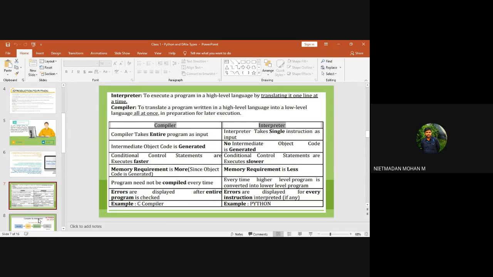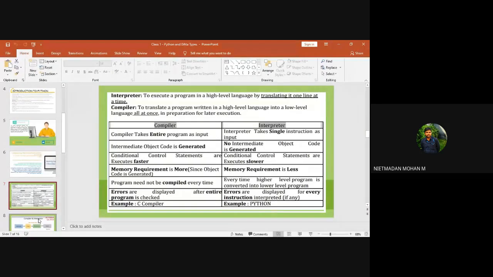And the compiler translates a program written in a high level language into a low level language at once, in preparation for later execution. In the compiler, all the lines mentioned in a program are processed, and it will list the errors by line in the execution part.